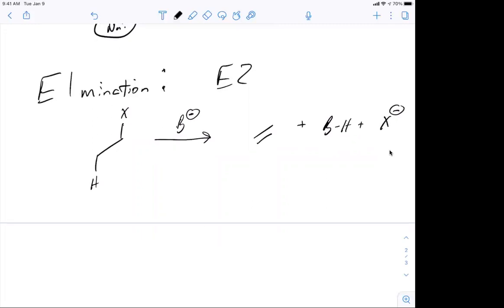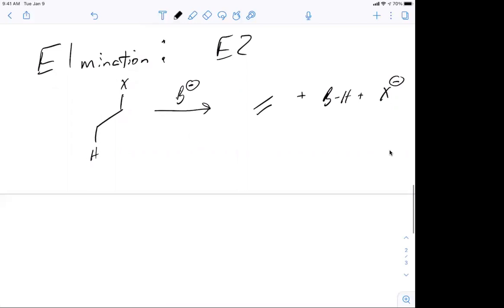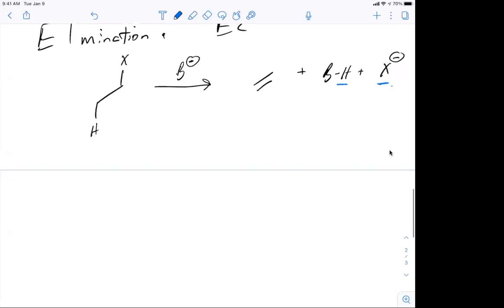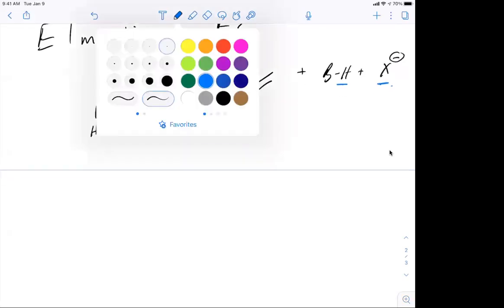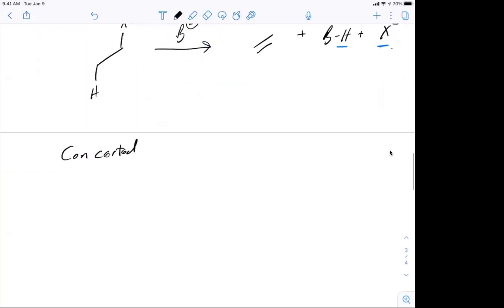I'm going to eliminate a hydrogen, to give the base H. So the base is going to extract the hydrogen to give us an alkene. So we're eliminating the hydrogen and the leaving group. Just like with substitution, we can have a concerted mechanism. In the concerted mechanism,